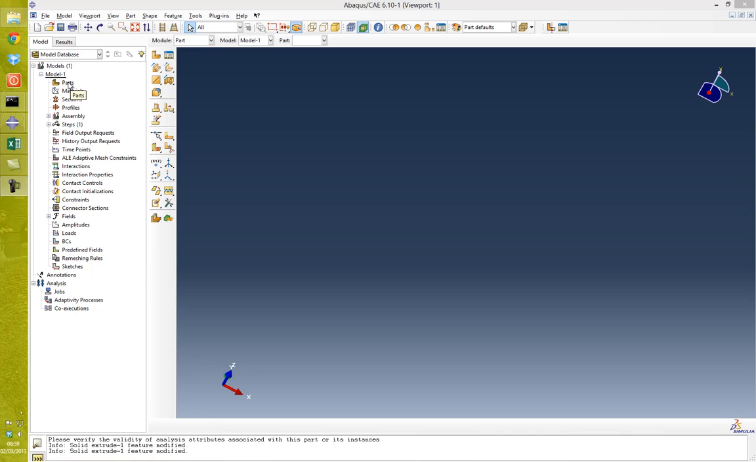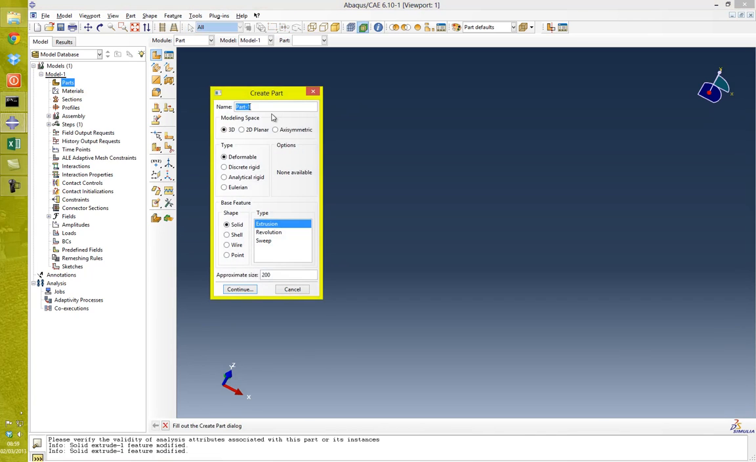So we'll double click parts, just call it a pin. It's a 3D deformable solid, so extrusion and approximate size of 200 is fine. So hit continue,